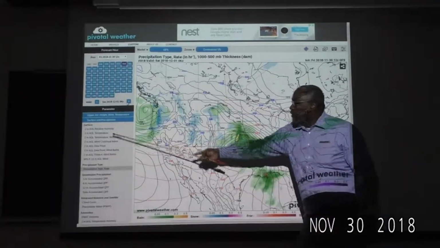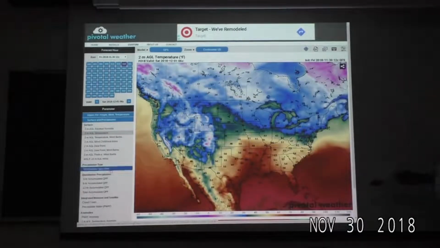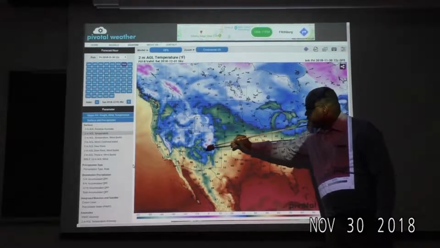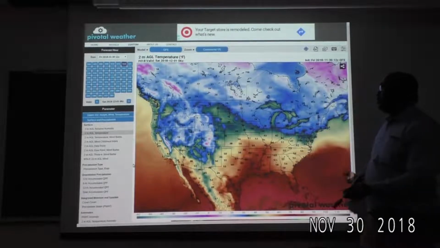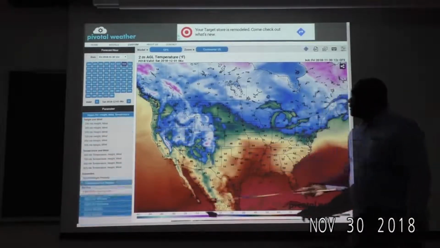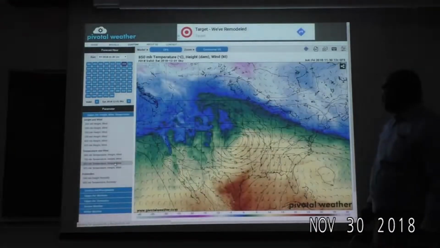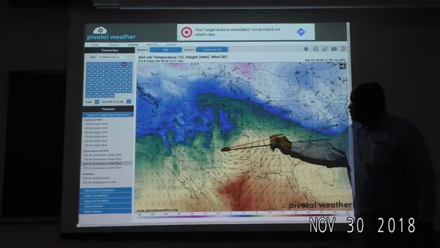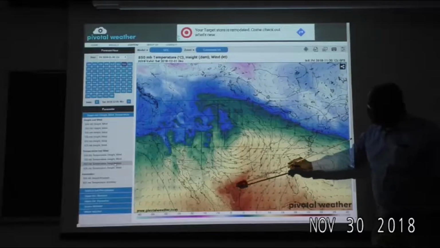Let's look at the 2-meter temperatures, at least as forecast by the model. We don't see much evidence of a strong thermal contrast north-south right here. If we go to 850 millibars for temperature, it doesn't seem like there's much of a signature of cold air here, even with the trough. But you can see here, at 850 millibar temperature, a ton of warm air